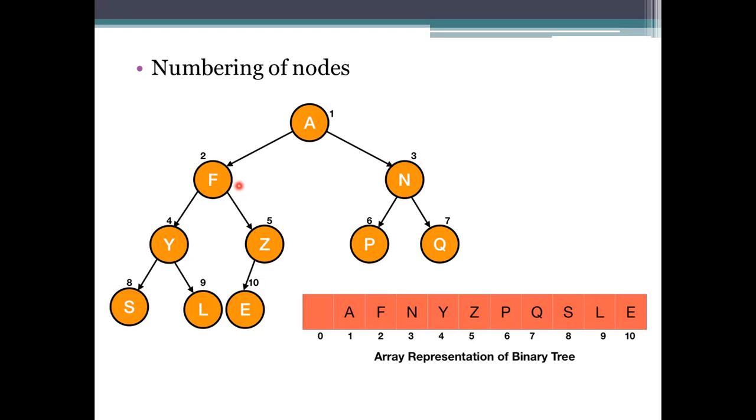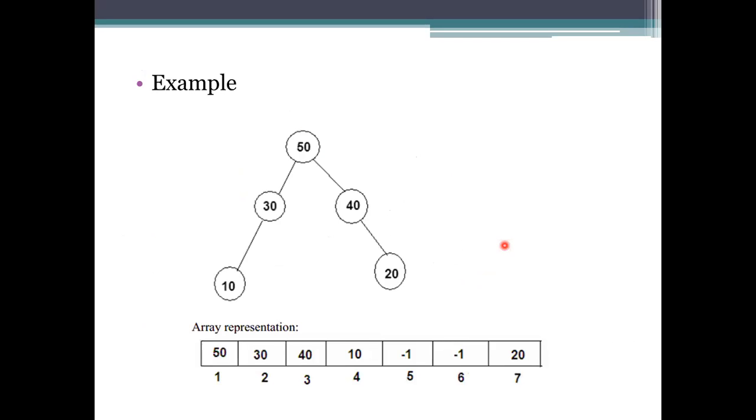The first one will be the root node, and then the next level has only 2 elements. Just plot 2, 3, 4, 5, 6, 7, 8, 9, 10, 11, 12, 13, 14, 15. Like that we plot it, and the node represented will be stored at that subscript. For example, it starts from 1. If you take 0 into consideration, it won't work.